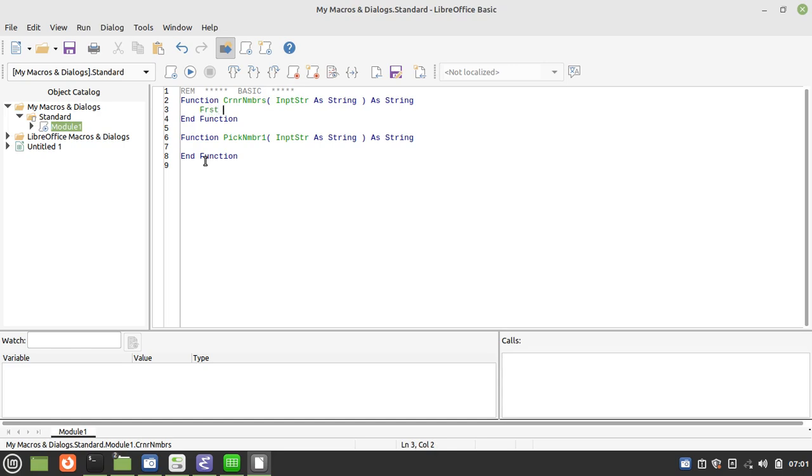So we will initialize first as -1, last as -1. Now we will walk through the string, for i equal to 1 to length of input string. If InStr 1 comma